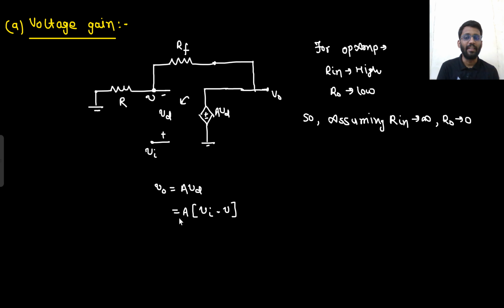Now tell me what will be V? This is our first equation: V naught is equal to A Vd, where Vd is V in minus V. What will be V? You can apply nodal analysis as well, or you can simply see